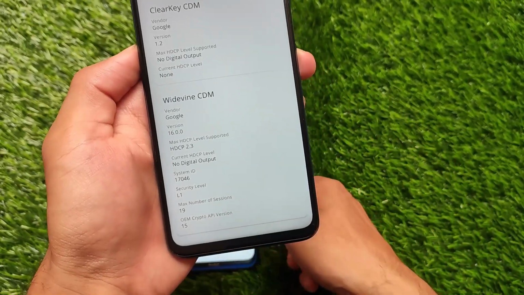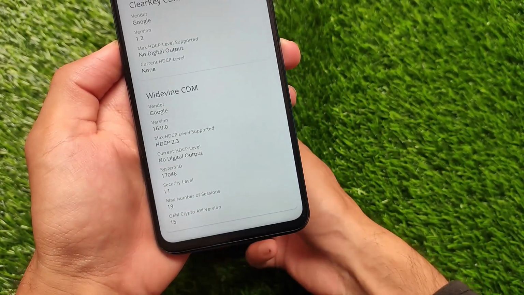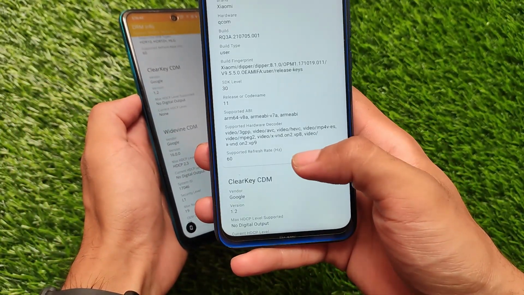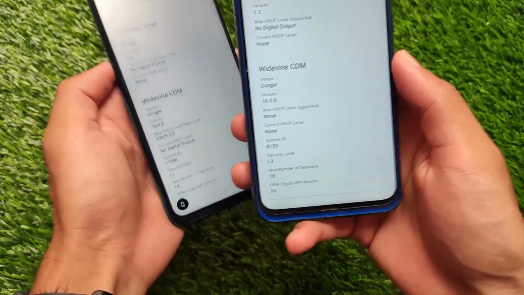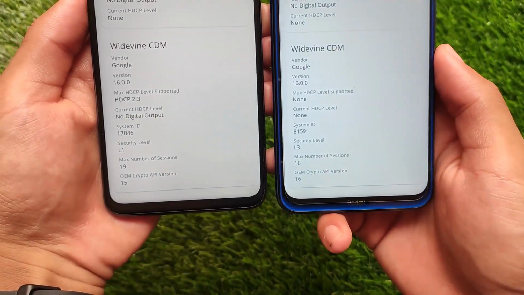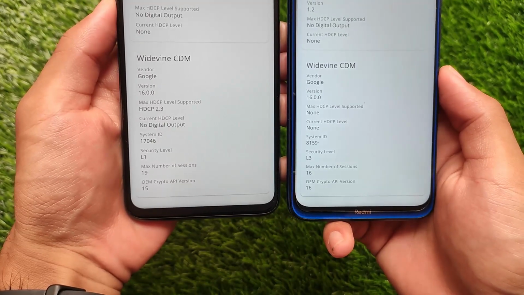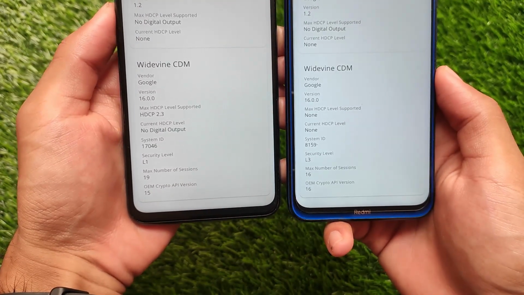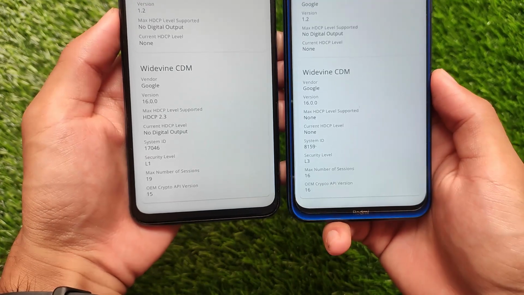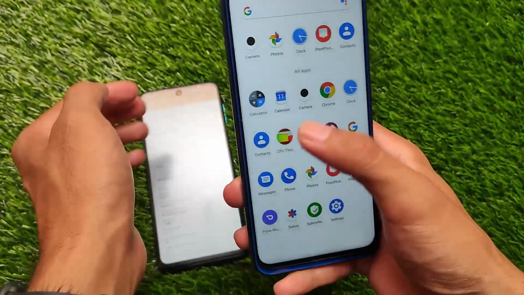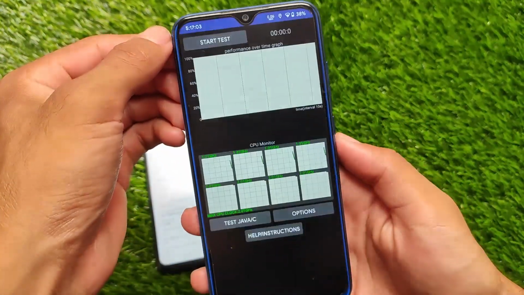Talking about the security, which means the DRM info, what about L1 or L3 in Redmi Note 8? Unfortunately the security level is L3, but in Redmi Note 9 Pro, basically a Miyatool device, it includes L1. So yes, you need to keep this in mind. In Redmi Note 9 Pro you will see the L1 certificate, but in Redmi Note 8 unfortunately this contains L3. And also the default camera, as you just saw.